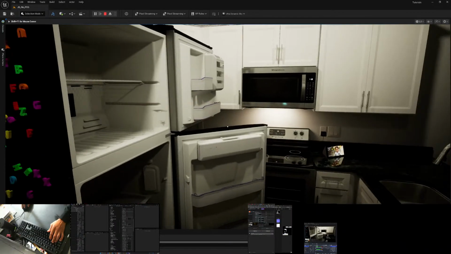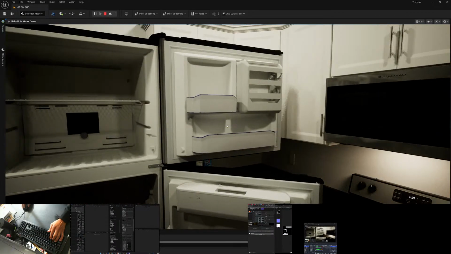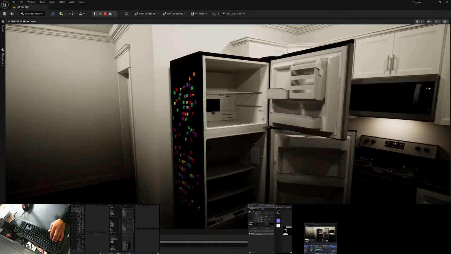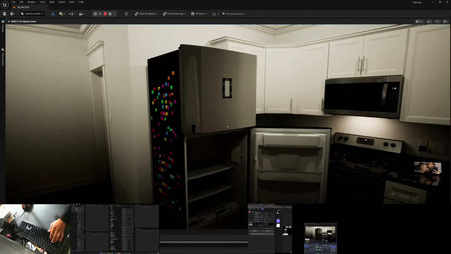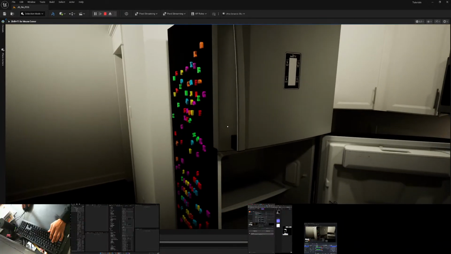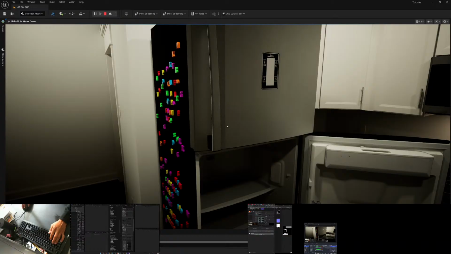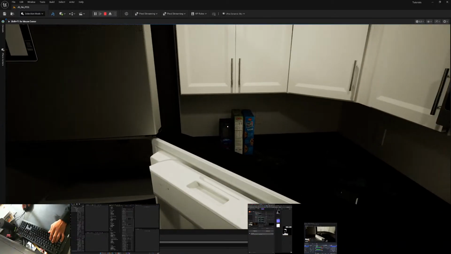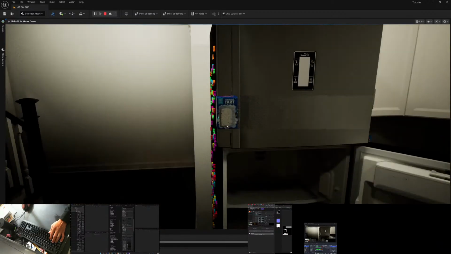It's all dynamic physics. The doors are separate meshes. The refrigerator is one mesh. And I set up the collision in a way that allows me to position different collision boxes to control a player's ability to then take an object